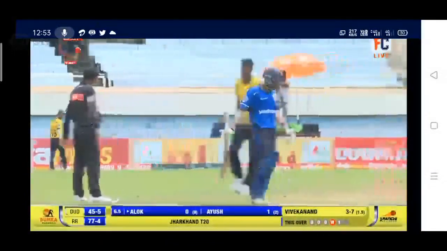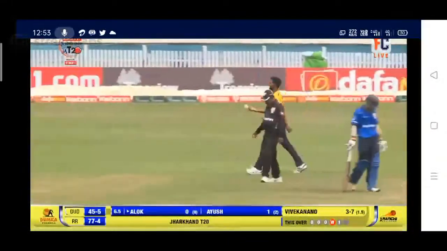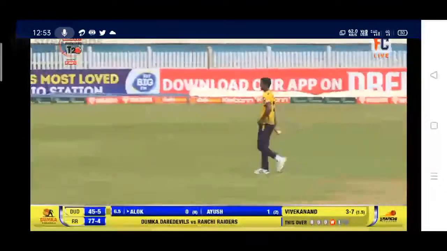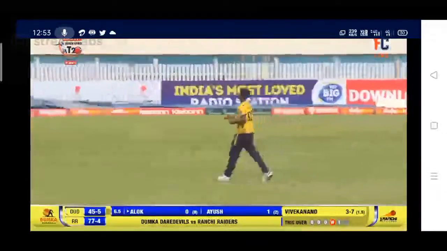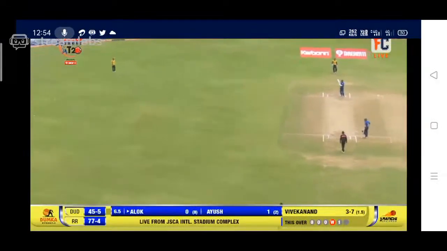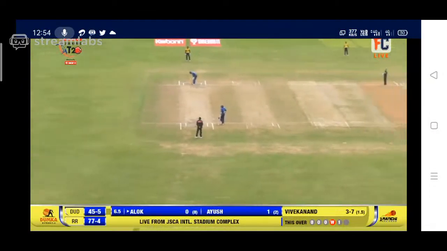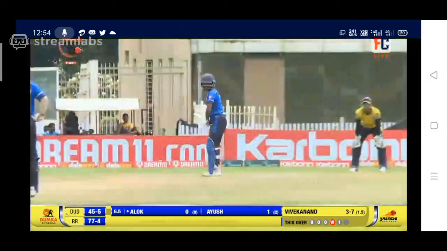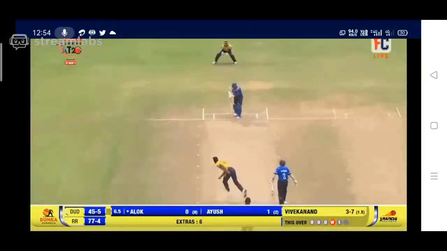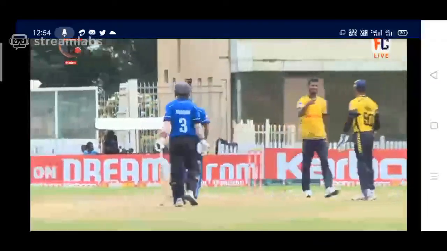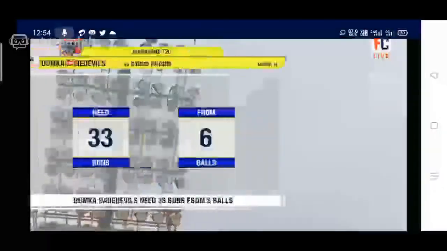Now, I'd like to point out here the batsman not expecting the ball to come up from that length. That was not even short. From just a good length, the ball reared up and had the batsman hitting on the handle of the bat. And this is very, very difficult now. The drying pitch is always difficult to bat on. One run and a wicket. Very commendable bowling from Vivekanand Tiwari. Looks very experienced in domestic cricket.